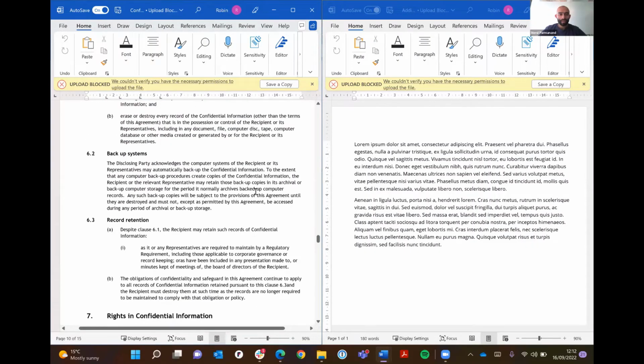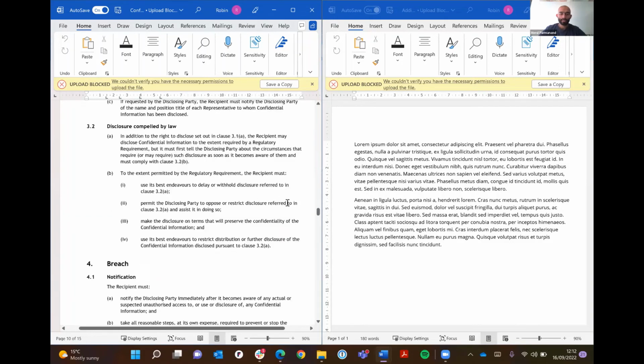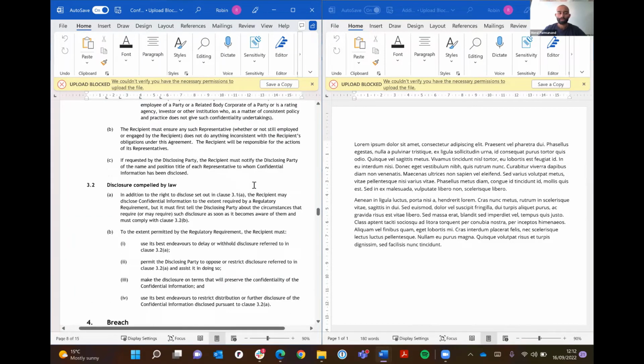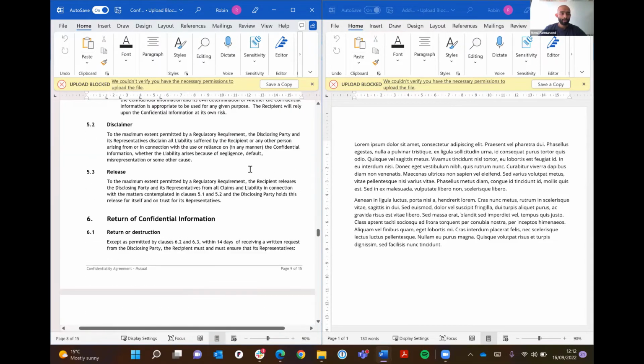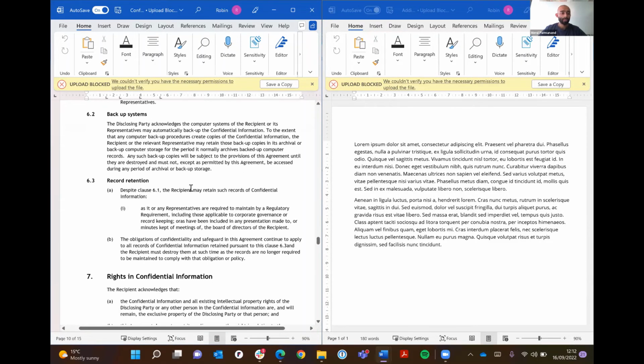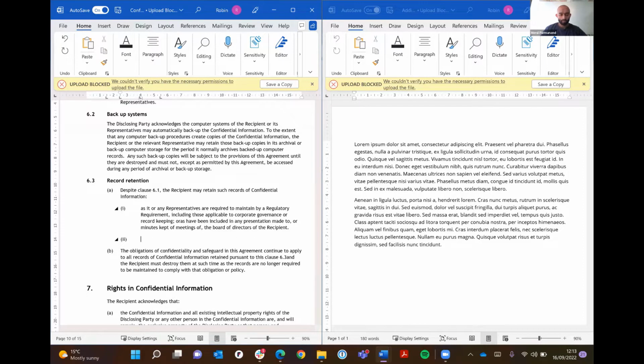Perfect. So as you can see on my screen, on the left, we have a standard NDA, 15 pages long, so nothing too great in length. And on the right, we have a couple of paragraphs that you might want to insert from different documents. So if we go to clause 6.3, and for instance, if I wanted to create a new 6.3a Roman numeral 2, I could either press enter and then type away. So example text here,